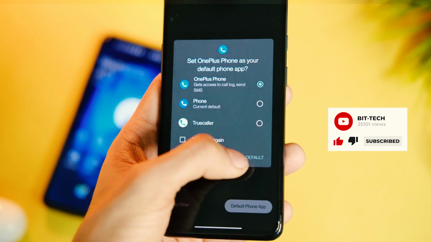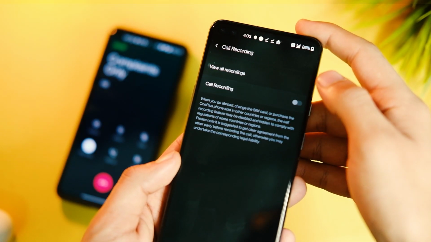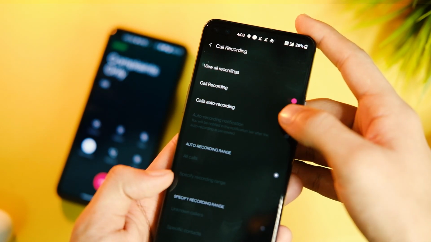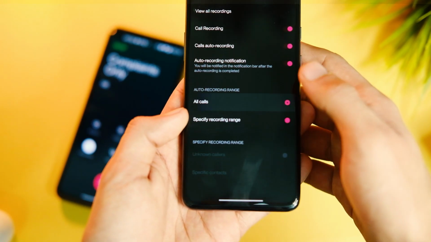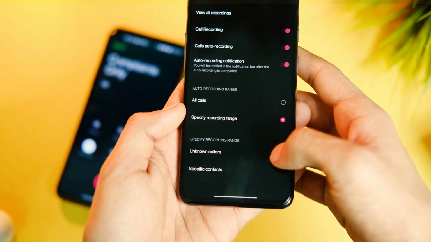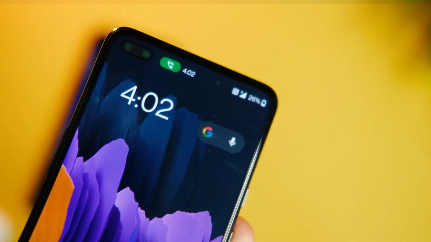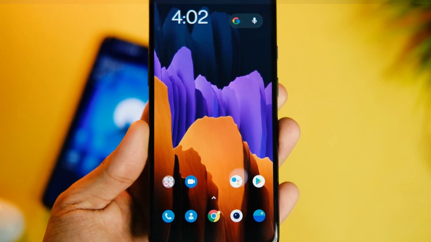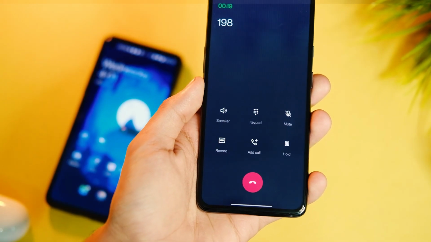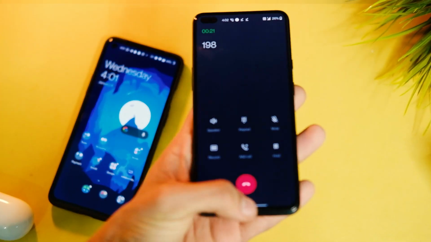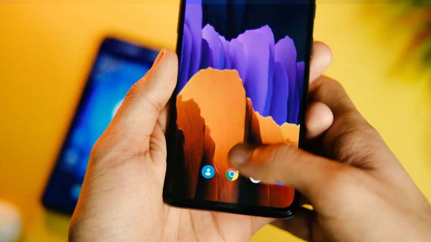Next step would be to enable that auto call recording, and to do that just go to settings and in here enable the call recording option. And if you want auto call recording as well, turn on that too. And you can change it to all or for unknown contacts only, so that is totally up to you. So it works just fine and I have been using it for a couple of days at least, and I can definitely say that. Also, this OnePlus Nord is on Open Beta 1 and the OnePlus 8T is on 11.0.6.7 version of the OxygenOS, just in case you wanted to know.